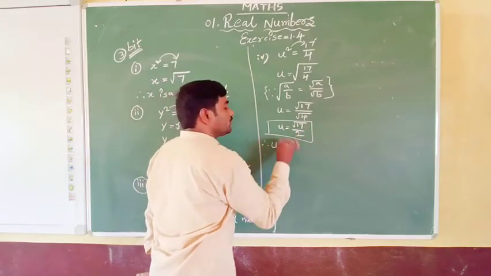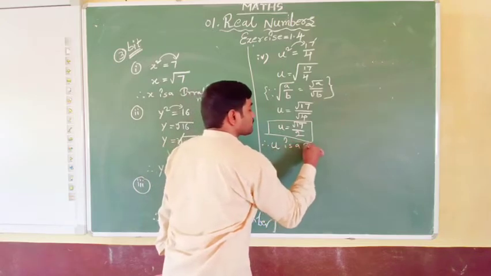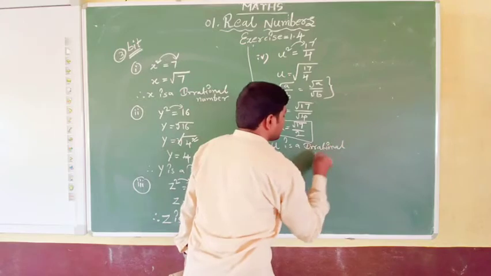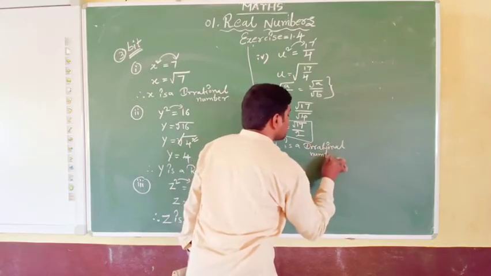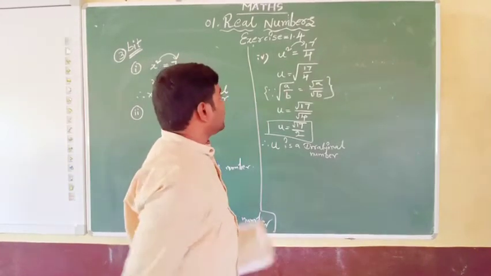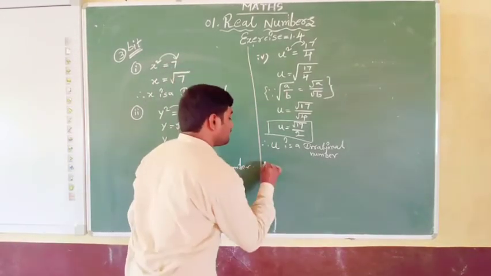So here u is an irrational number. So next, the fifth one,